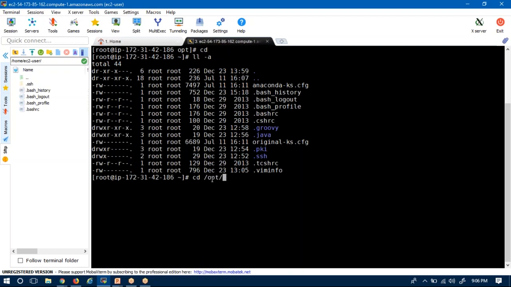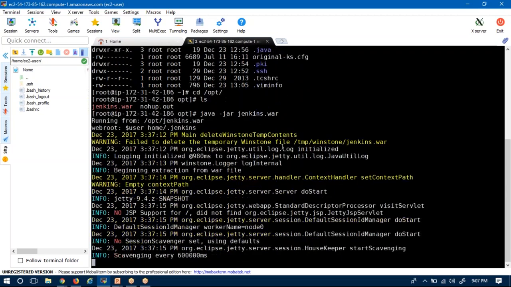Let me move to the path where I have jenkins.war. Now I am running the Jenkins application with the help of the Java command, that is java -jar jenkins.war. Now if I run this,